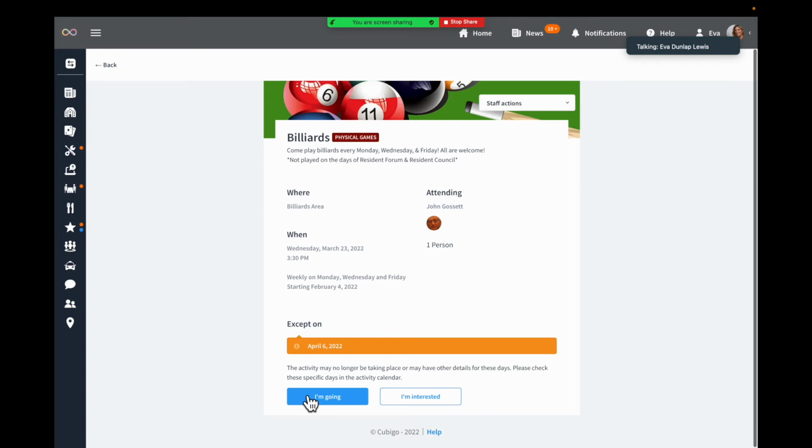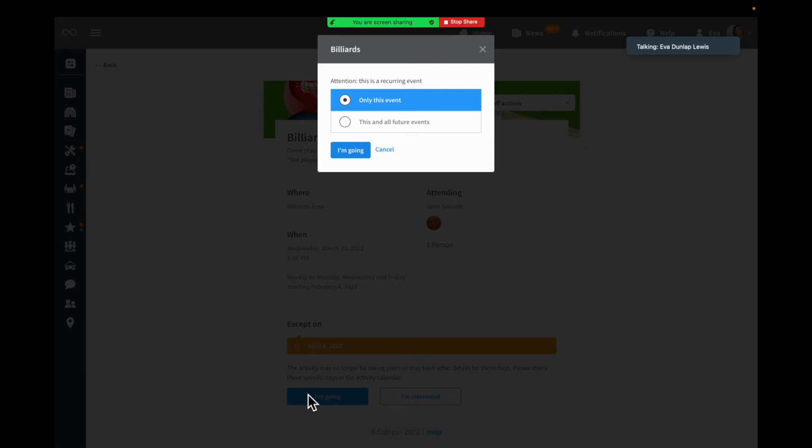Now, this is a recurring activity. Who knows, what do I mean when I say a recurring activity? It repeats. When we sign up for a recurring activity, we get a different option, a different pop-up message that appears when we hit I'm going. If I hit I'm going, because this is a recurring activity, it's not just one time,